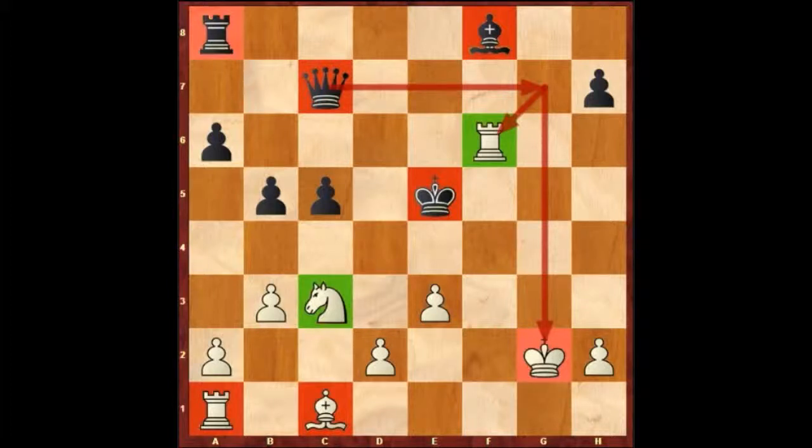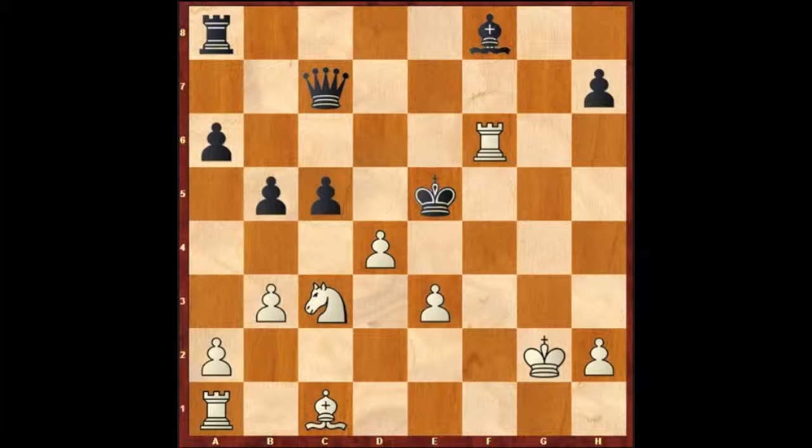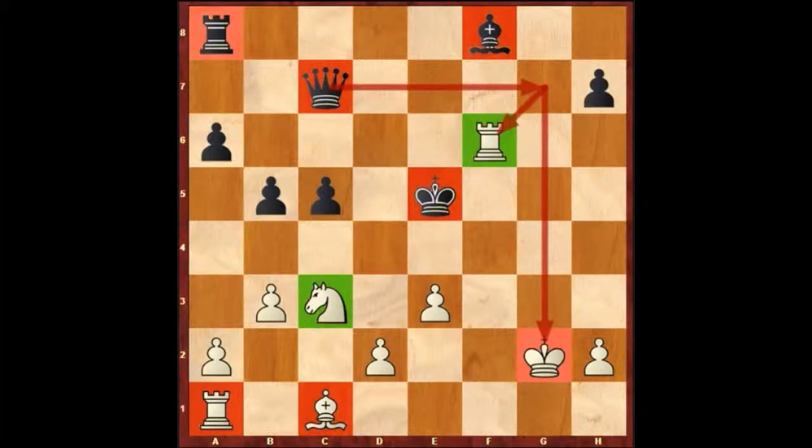First candidate move will be bishop b2, and second will be d4. We will start with calculating our first candidate move. After bishop b2,